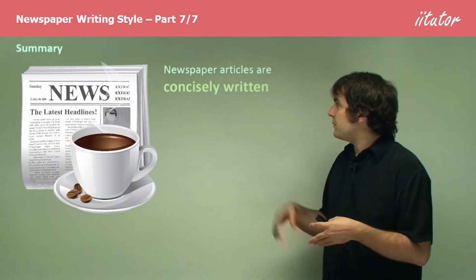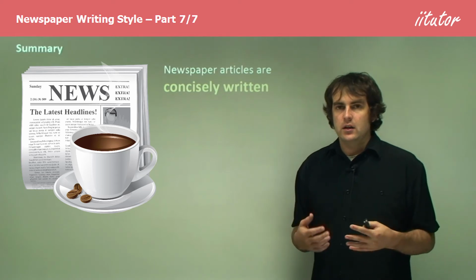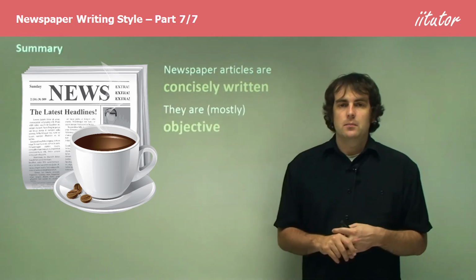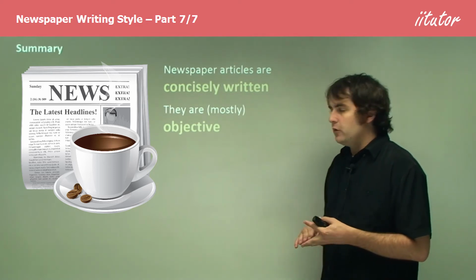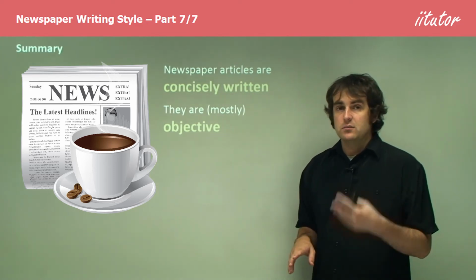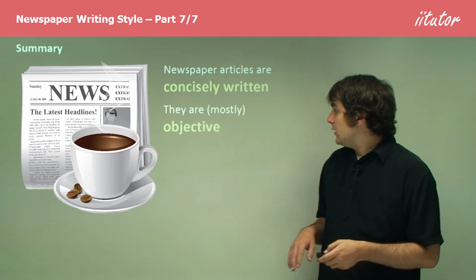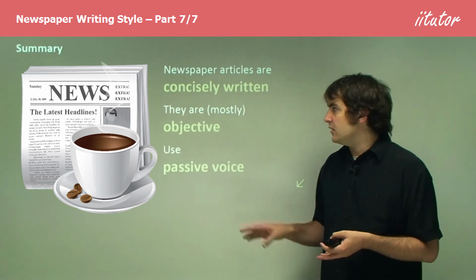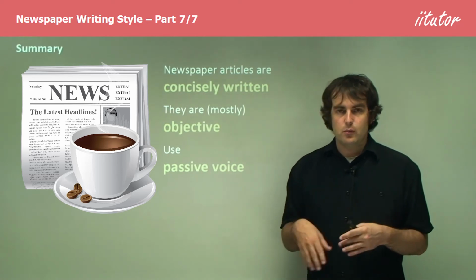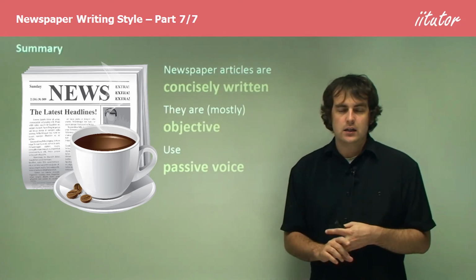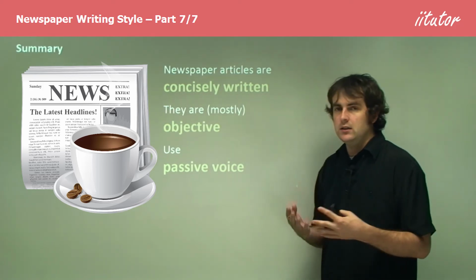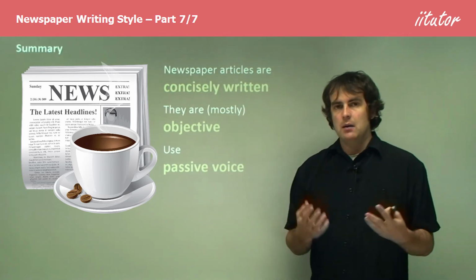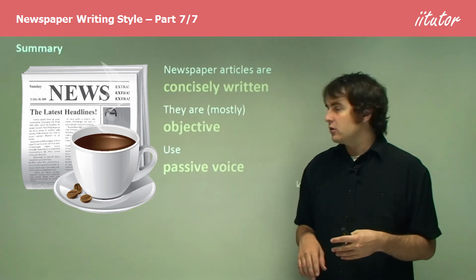So in summary, newspaper articles are concisely written, and it's one of the main qualities of them. They are mostly objective. So when you are reviewing one, you need to look at whether it is objective, and if it isn't, why isn't it? And finally, it uses passive voice as well. If you were to analyze a newspaper article in any way, shape or form, you need to look at it having these qualities, among things like structure, which we'll go into in another video,